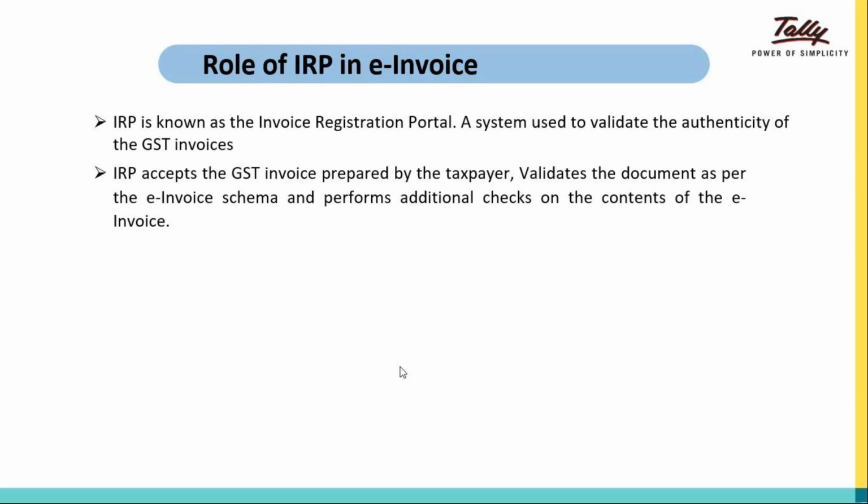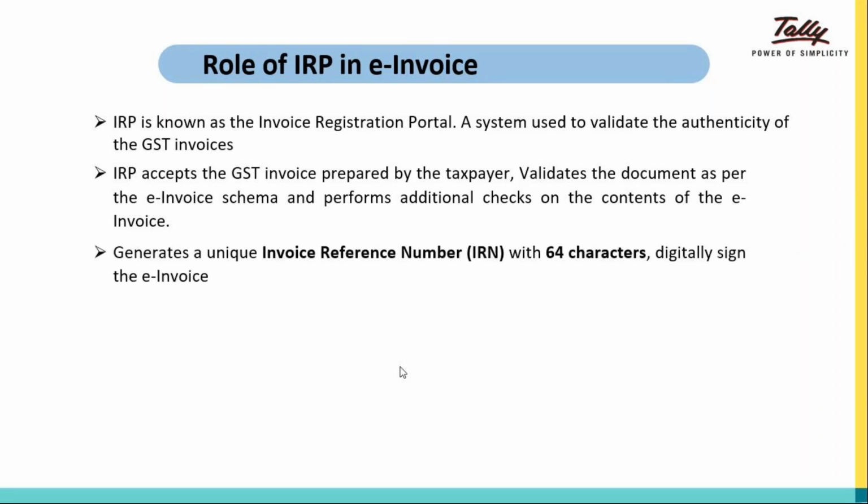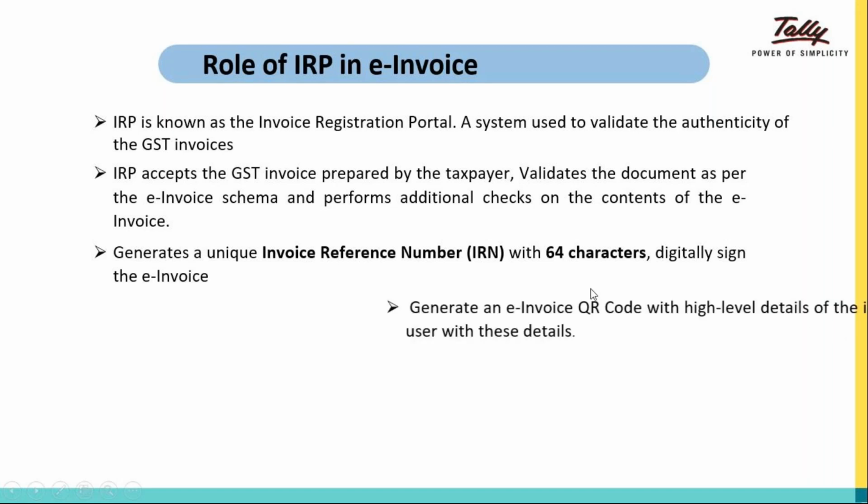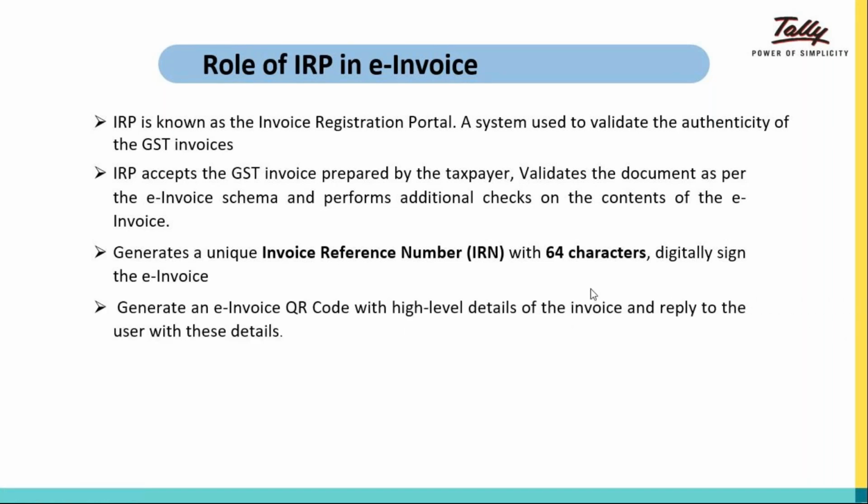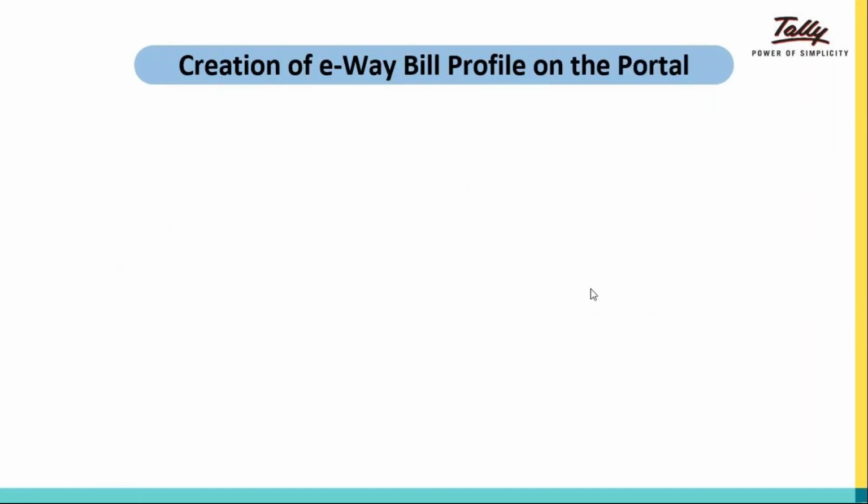Okay, IRP accepts the GST invoice prepared by the taxpayer, validates the document as per the e-invoice schema, and performs additional checks on the contents of the e-invoice. So yeah, that is what your IRP does. So it generates a unique invoice reference number, IRN number, which is 64 characters. Okay, remember this. So your IRN number will be 64 characters. Okay, so it will also generate the QR code with high level details of the invoice and reply to the user with these details. Okay, so yeah, this was all about your